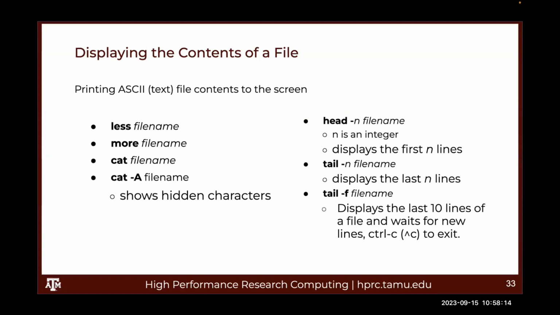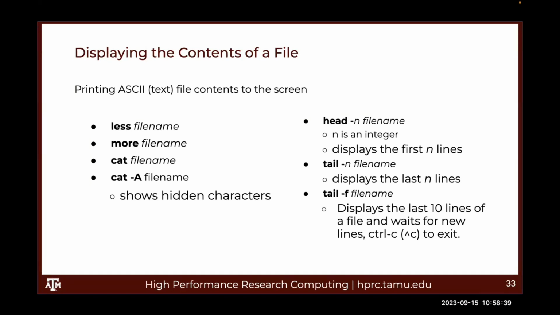Head just prints out the first however many lines of text that you want to see. You specify that with the dash n. Tail is the same thing, except it prints out the last few lines. And then this is something that can be used to monitor a process. If you do tail dash F,